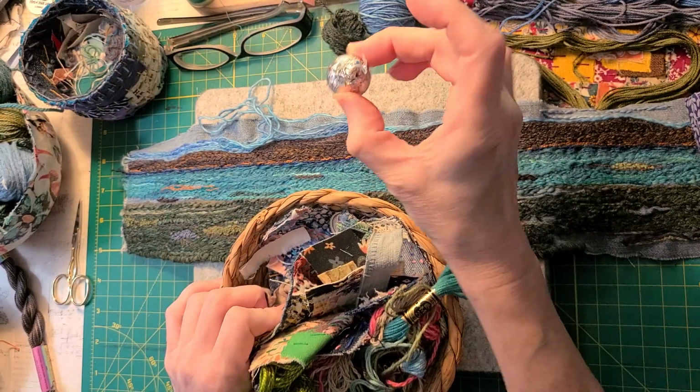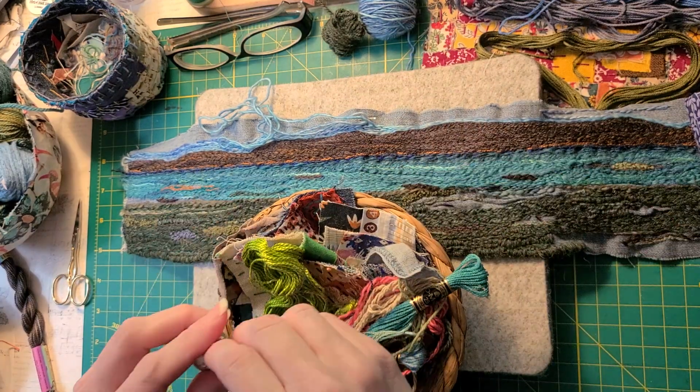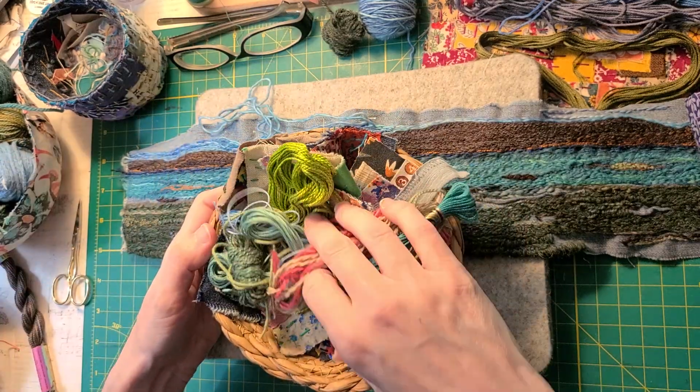Oh my goodness, y'all, a Hershey Kiss. I'm actually going to take that out. That should not be in there. That's too funny. It's probably when I was cleaning off my desk and just...